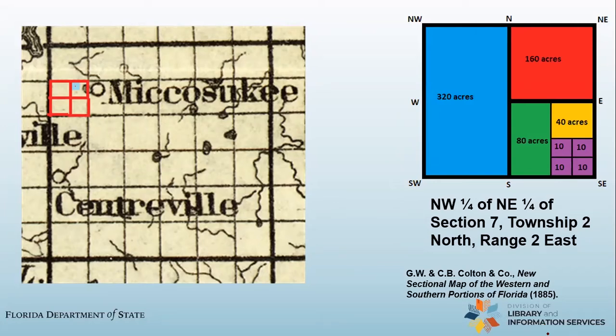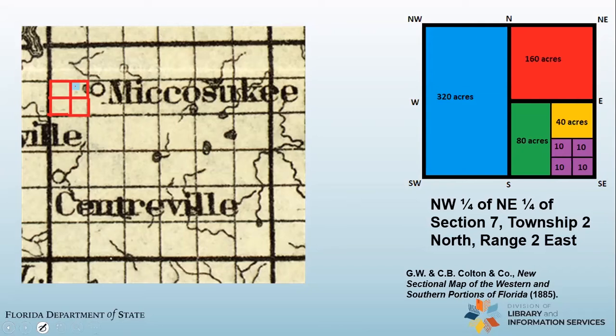So let's talk now about how to actually figure out what is in that location now. There's a couple of different systems you can use depending on what county you're doing research in. We're pretty lucky in Leon County in that our property appraiser's website is very good here. And many of the counties are now starting to put everything online in a very logical system that's easy to search. You can either put in a name, or you can put in a legal description, or you can actually look at a map and find what you're looking for. So we're going to look at 2 different ways to figure out where something is located in real space now.